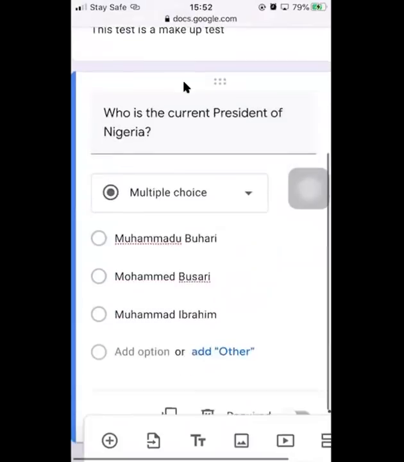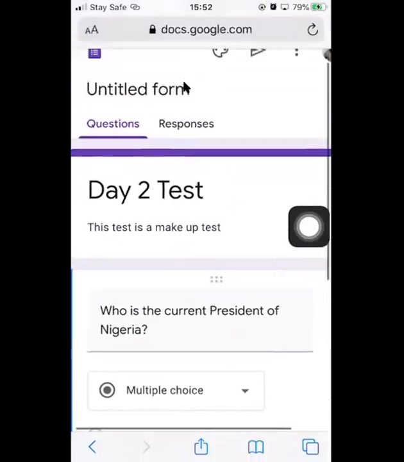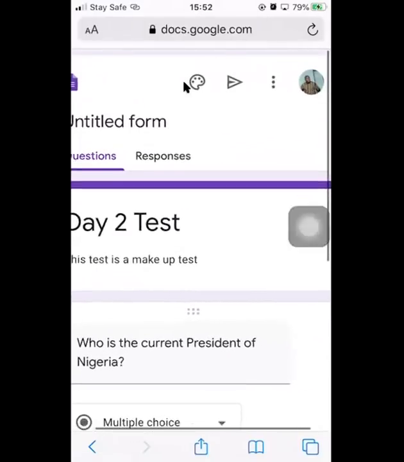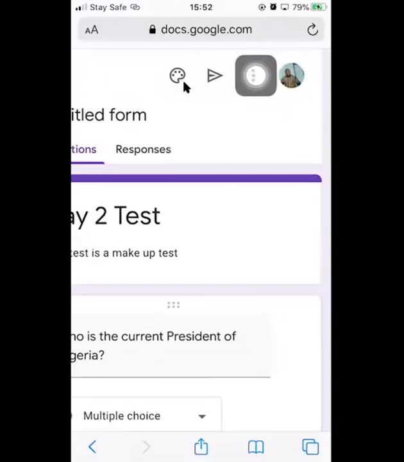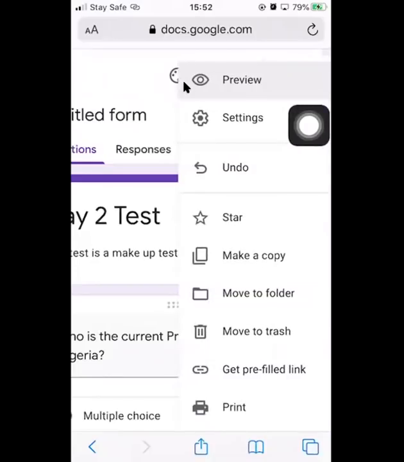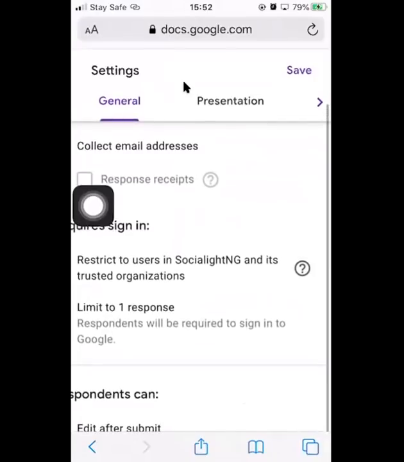So now it's time to set our answers. We put the options, but the system doesn't know which one is the answer yet. So to do that, you scroll up. On top of the form here, you will see this one. There's another one like direction, and there's one that is a 3 dotted line. The 3 dotted line, you click on it, and then you see settings. You click on settings. So under settings here, you will see several